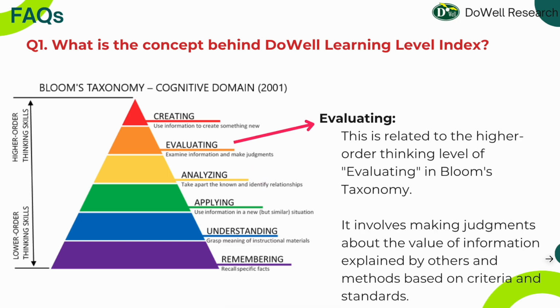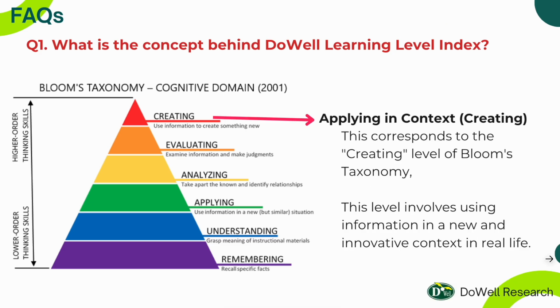The next level is evaluating. It is represented as evaluating in our model. It involves making judgments about the value of information explained by others. The highest level is creating. It is applying in a context. This level involves using the information in a new and innovative context